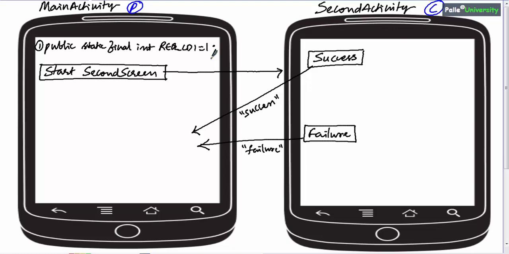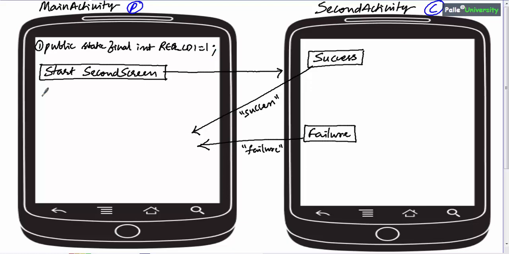The second step is, tell me generally what will you do in this button click listener of the main activity. When the user clicks on the button, we have to start the second activity. How will you start the second activity? We have to prepare an intent and then call startActivity. Here comes the second point. Since the parent activity is expecting data back from the child activity, we should not use the startActivity method. In place of startActivity, we should use one more predefined method called startActivityForResult.